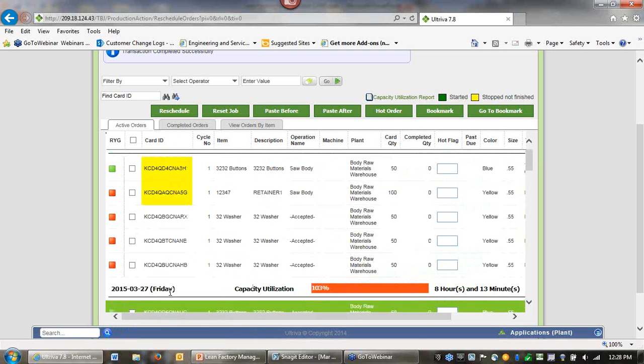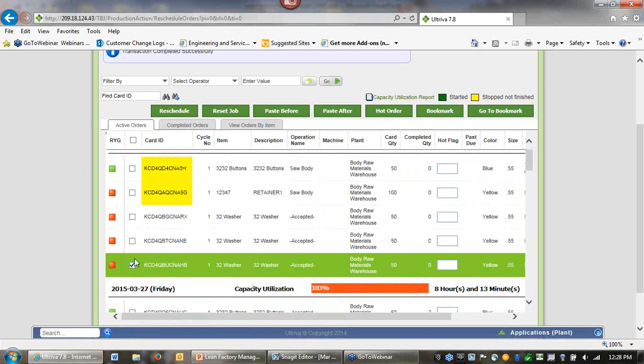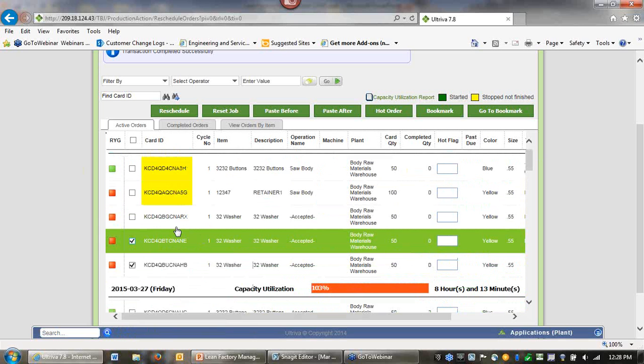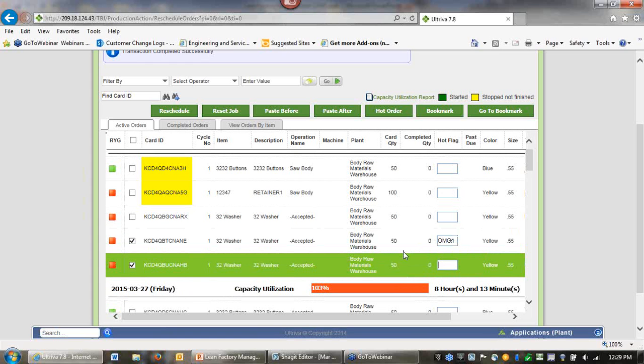But something that you may encounter might be that this order is supposed to be built today, but it's the very last order that I'm going to build. So maybe I want to reprioritize this, and I want to make sure that we build these now, or if not now, then as soon as possible. So we have this hot flag field, and we can put in a hot flag there, and maybe it's ordering my goods 1 and ordering my goods 2. Once we populate that, we can click Hot Order,